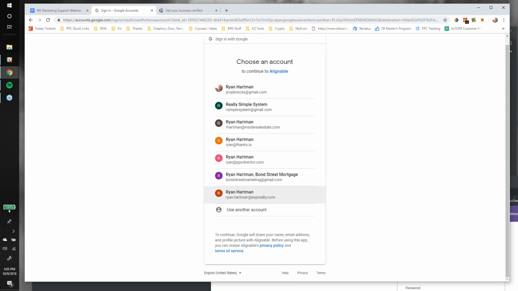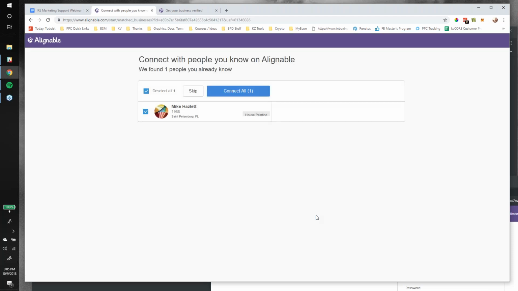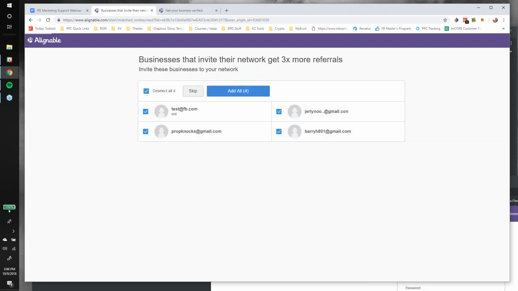Cool. Oh my goodness. Now it's asking me to hook up to my Google account. And what they're going to try to do is send these invites, to get you to invite everybody. And I remember LinkedIn did this when they first launched. Does everybody remember that? LinkedIn went really viral. And I have a feeling Alignable's doing this where it tries to get everybody in your database to come in. Now I used an address that I don't have a lot of a database in, so there's not a lot there. I'll skip that, skip this.